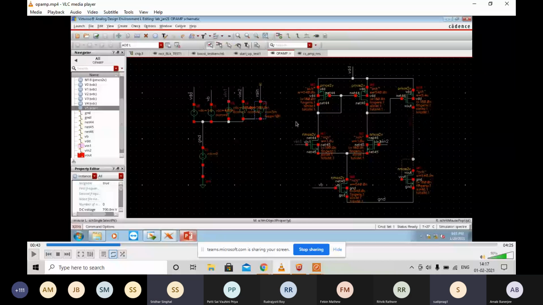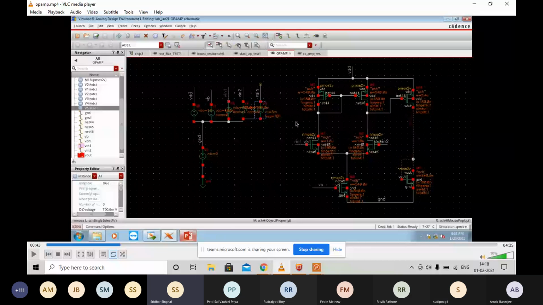Okay, sir. But even then we could divide. If we take the gain, it would be the division of the amplitudes. Suppose we get an output amplitude of, in this case, 10, it will be Vout by 1 volt. In that case, it will be Vout by 2 volt. So sir, it is fine if we give it that way. Yeah, it's not a problem, it's fine. But you can't give the same in both Vin1 and Vin2. Then your gain will be 0. Yes, sir. The phase has to be different.